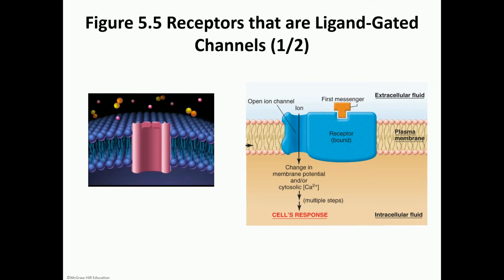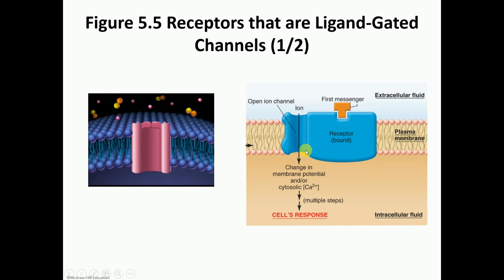So you see that the receptor is a transmembrane protein. Again, here is the inside of the cell, that's your outside, and there's your plasma membrane. There is your transmembrane receptor. That's where the first messenger is going to attach. So usually the ion channel would be closed, okay? Until your first messenger comes and attaches to the receptor binding site, and that leads to the conformational changes